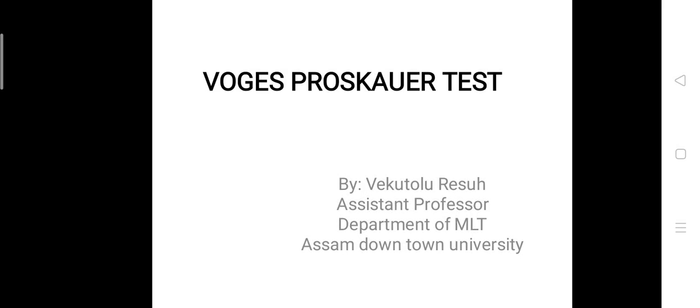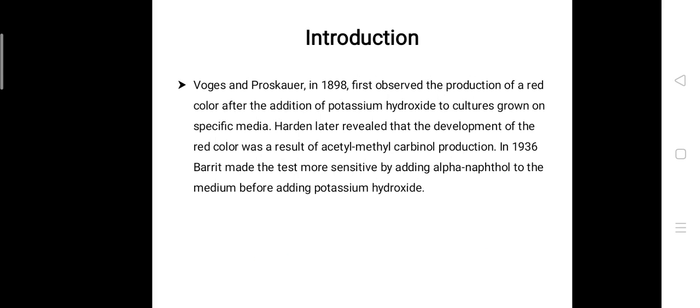Hello, today we will discuss the Voges Proskauer test, which is commonly known as the VP test. Before we go to the procedure, let me tell you briefly about this VP test. This VP test is mainly used to differentiate two major types of facultative anaerobic enteric bacteria based on the production